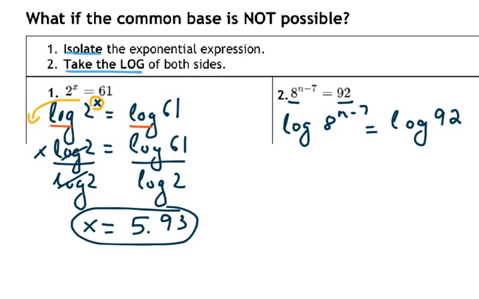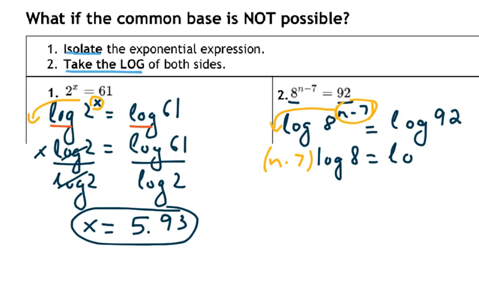Once again, this is log, so it's base 10, and we have it in the calculator. Now we're going to use the exponent property, where the exponent needs to go in front. So I have n minus 7, let's use parentheses here, jumps in front, and I have log 8